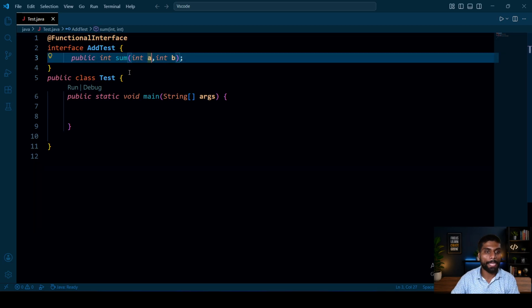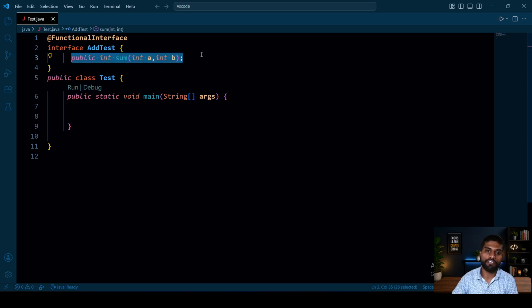So what is the meaning of a functional interface? If an interface contains only one method, that interface is called a functional interface. There are many predefined functional interfaces available, like Callable and Runnable.